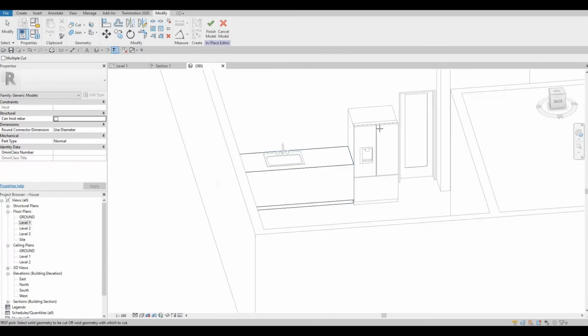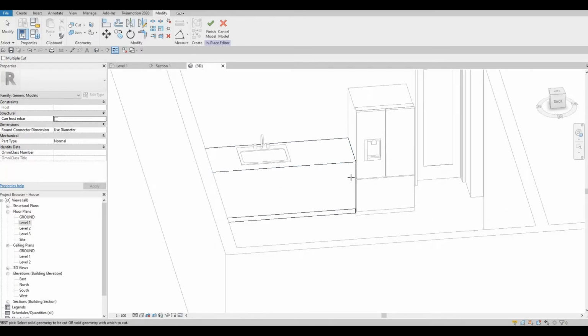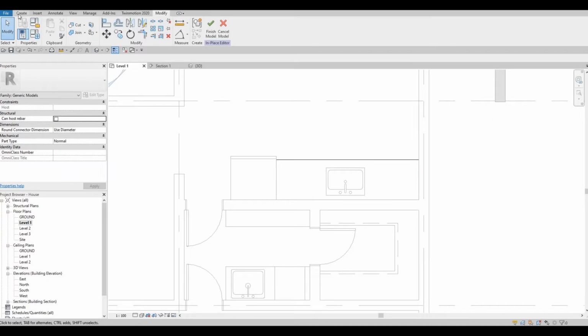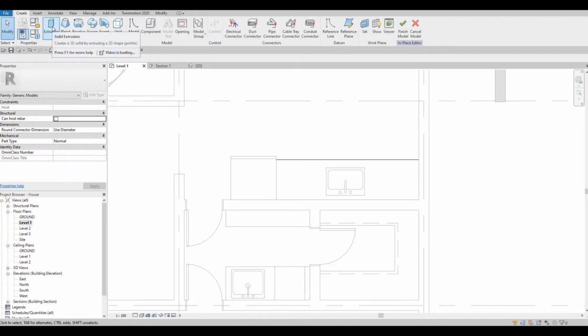And then we know that we're going to add a case here, so we're going to move this one a bit, not too much right here. So here we're still right here. Now we're going to add the top. So create extrusion